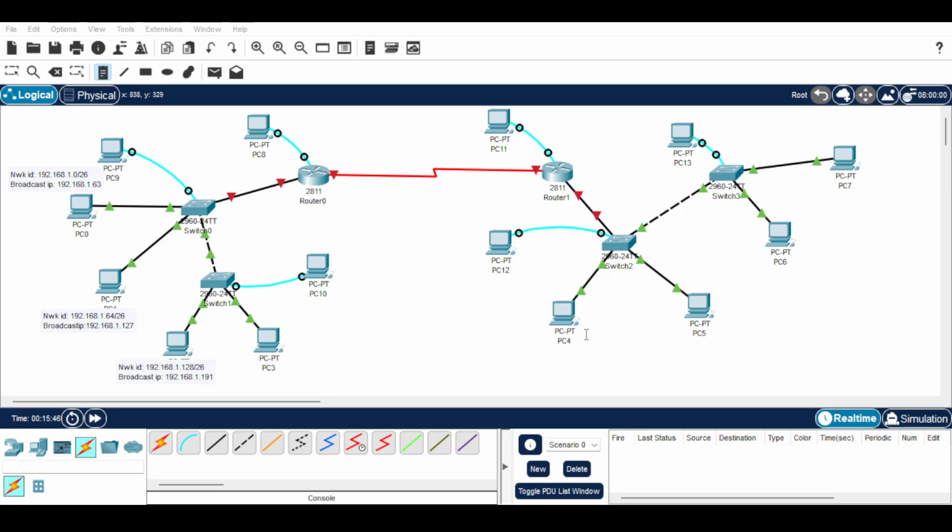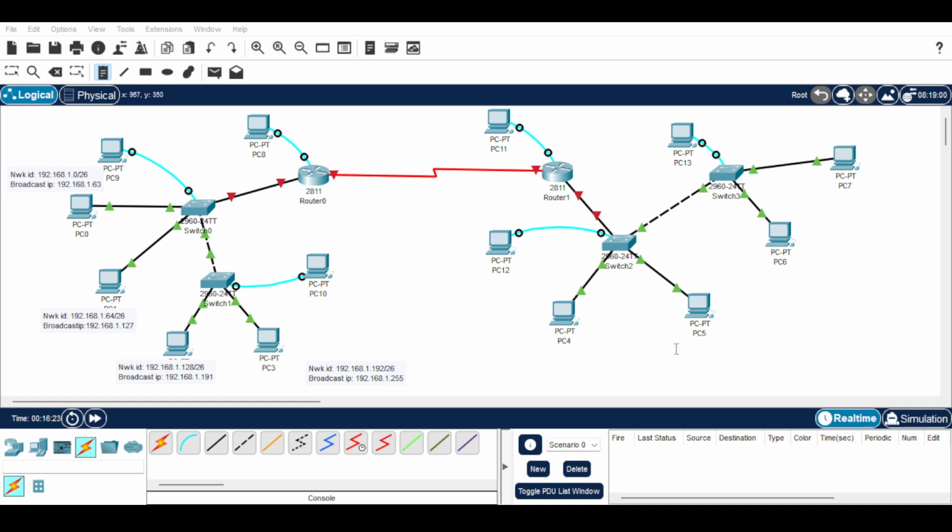And for my PC belonging to a different router, this PC4, I am taking network ID 192.168.2.0/26, broadcast IP 192.168.2.63,